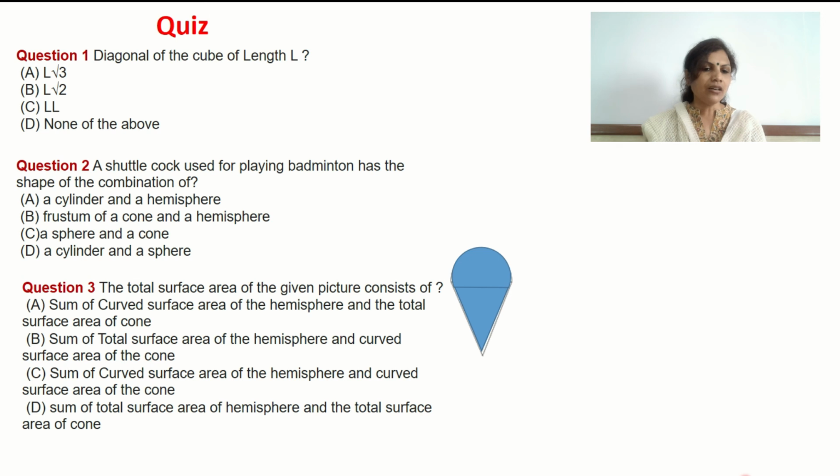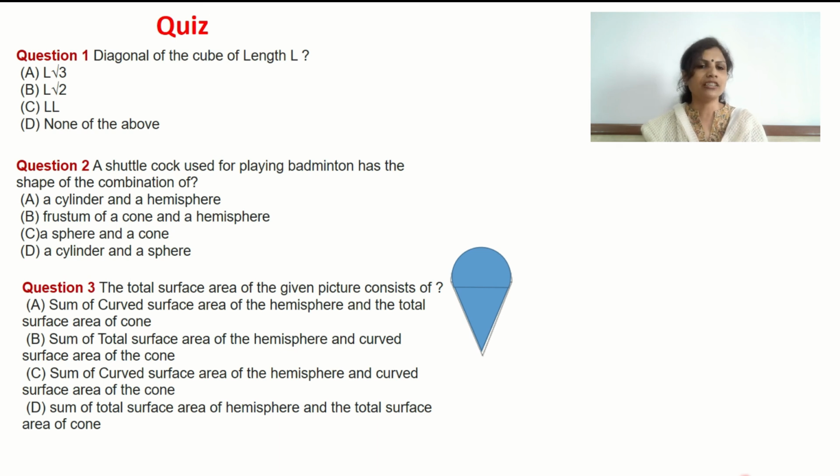Right? Third question. The total surface area of the given picture consists of the surface area of which two solid figures? Okay. So find out. I mean the figure is there flashing in front of you. You have to find out it is a combination of which two solid figures. Easy one. So you can, even without looking into the options, make out it is a combination of